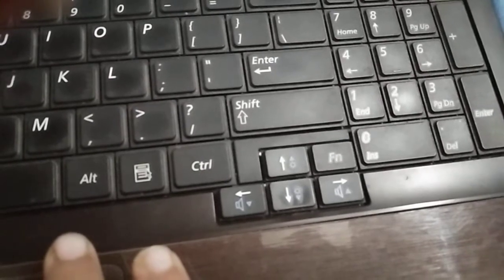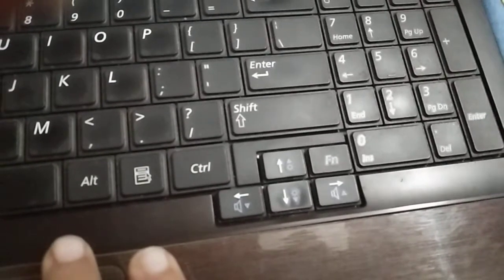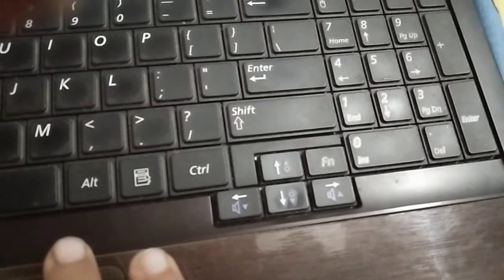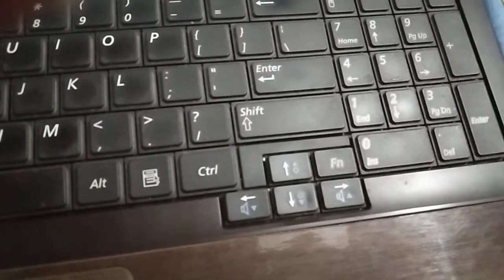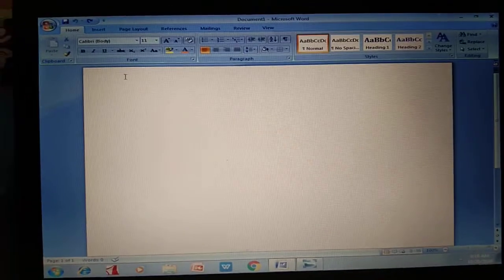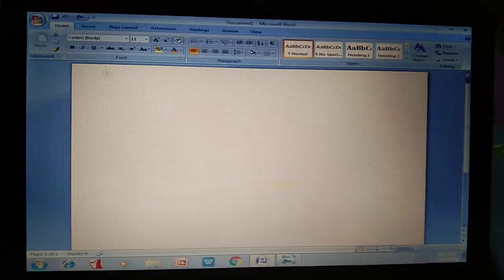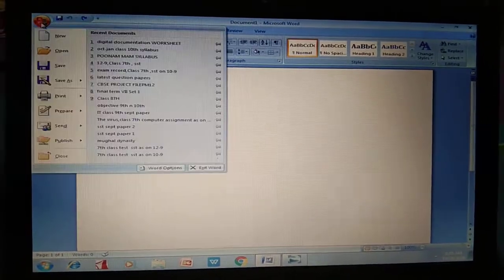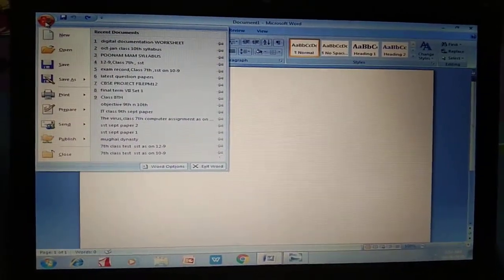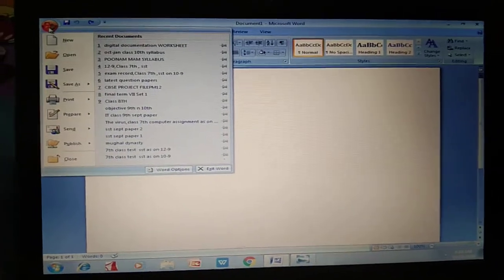On the keyboard, apart from these arrows, there are some other keys that help you to navigate the document easily. If you want to create a new document, where do you have to click? You can simply click this button. Here come various options: new, open, save.